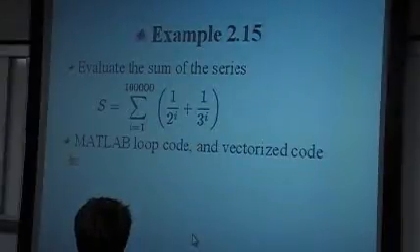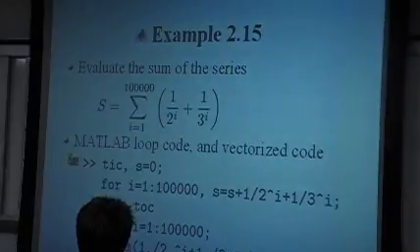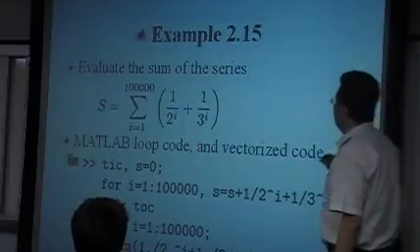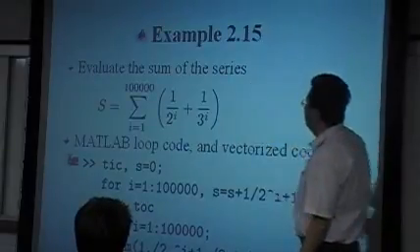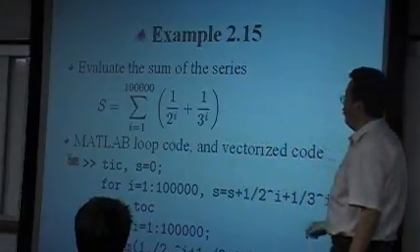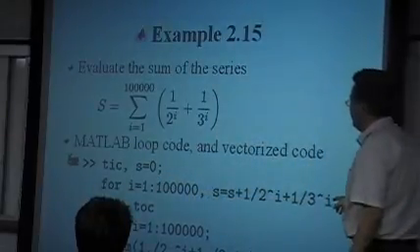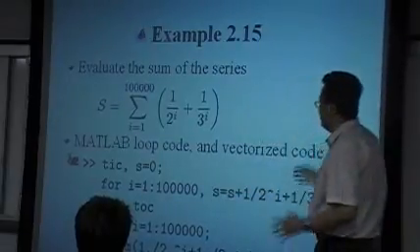Loop structures always slow down the execution of programs. So sometimes we can use the vectorized form to do the programming. We can use this as an example. This one can be done easily by the for loop, and the command is something like this. For each value of i, we add the term to the value of s, so we can do the summation